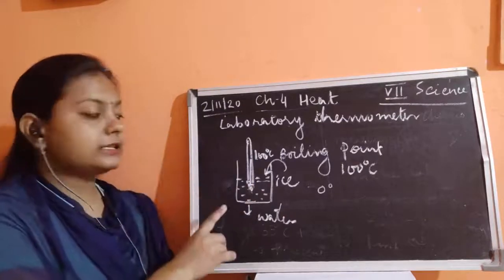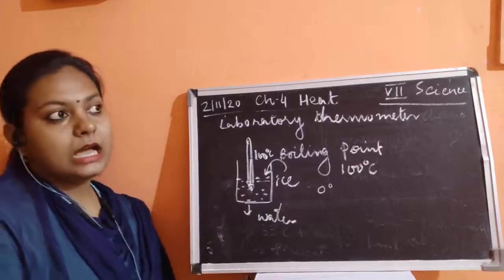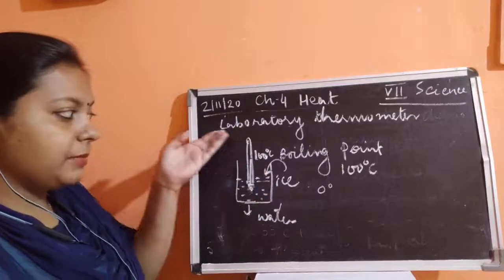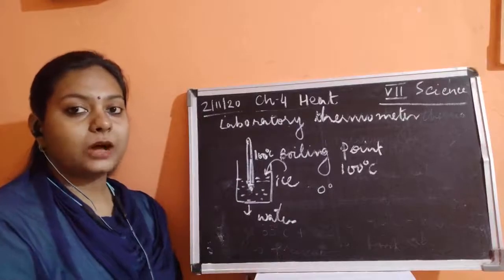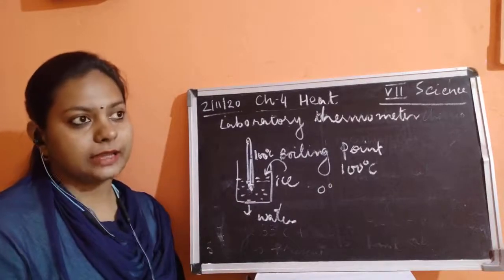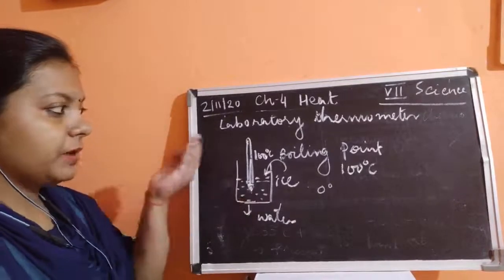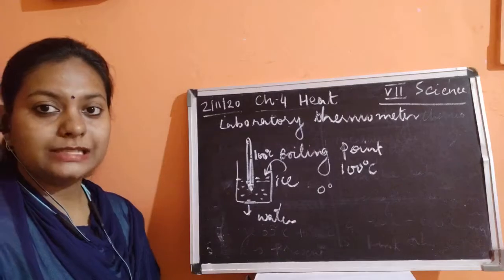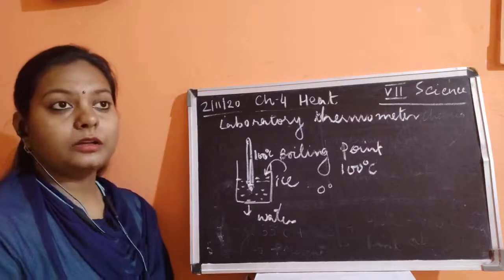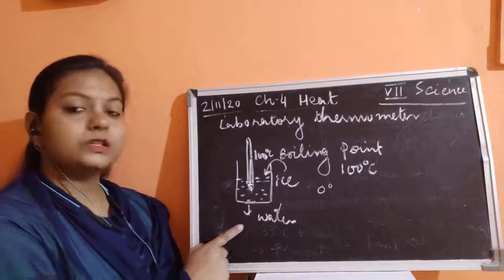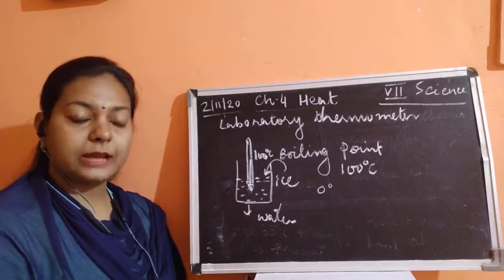But inside this laboratory thermometer, once the temperature is rising, mercury is rising, as soon as you take this thermometer out of the hot water, then what happens? The mercury will start falling down quickly without wasting a single second. So as soon as you take this thermometer out of this container, the mercury will fall down, and this tells us the freezing temperature, you can say, or the cold temperature of this water. So we will have a range of positive as well as negative temperature.